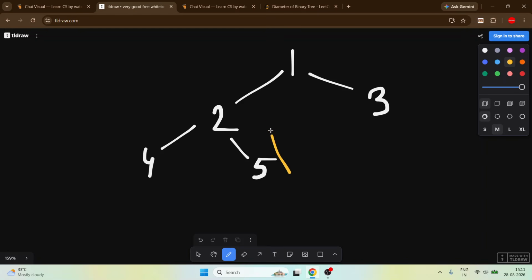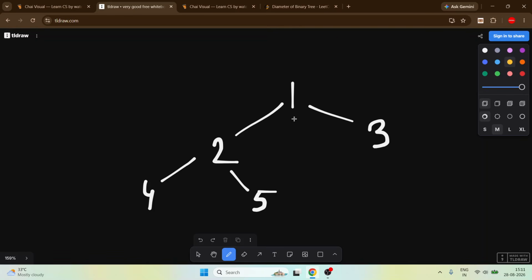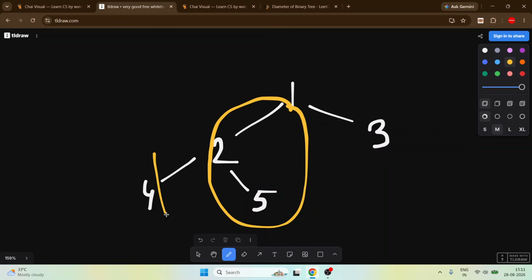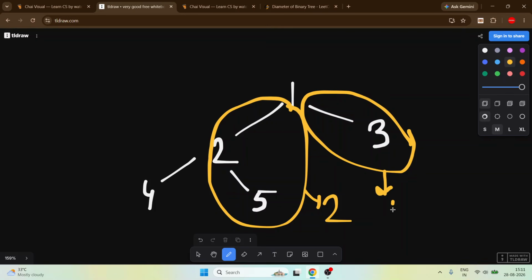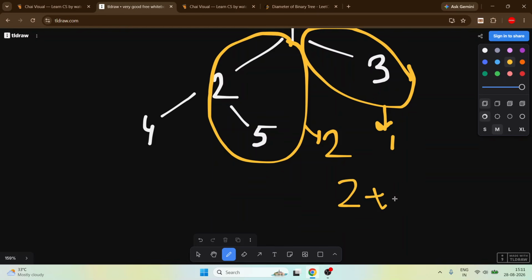Even for this case also, it bends where it bends. It bends into two portions: in this one it bends like this, in this other it bends like this. So if we calculate the total height of this part, not this 4, just remove the 4 because we are not taking the 4, and the total height of this right part. The total height of this left part is actually 2 and this right part is actually 1. If we add them, it becomes 2 plus 1, which is 3, and which is our diameter.